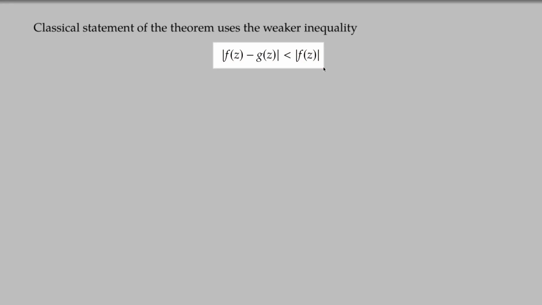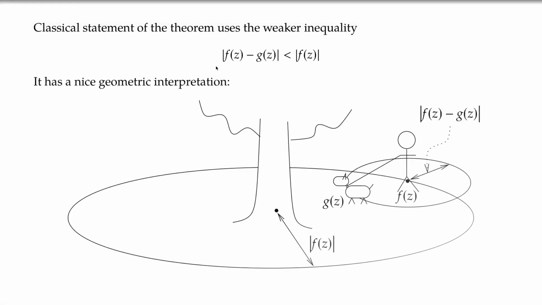It's basically we sort of forget about the g on the right hand side, and we just have that the modulus of f minus g is less than the modulus of f. Now this has a very nice geometric interpretation, and this is sort of the geometric proof of this theorem, and it's where you're walking a dog, and so